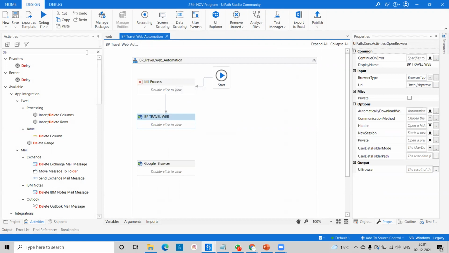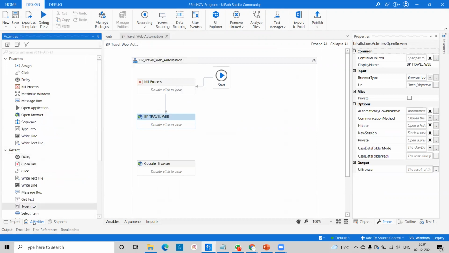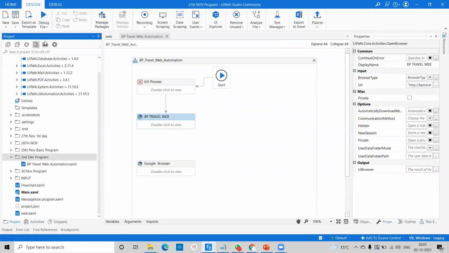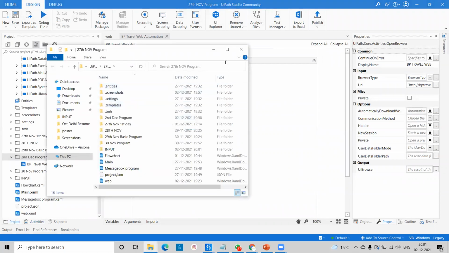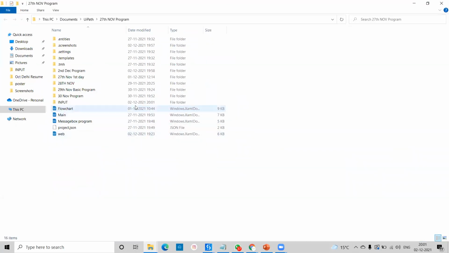Especially for your activity, if you come here, how to learn this type of activity. Whenever you're going to automate this type of web-based application, automatically you will be able to remember this activity. It's very simple. Here I'll provide one notepad. Each and everything I write in that notepad. I will show you these things. Let me come here.